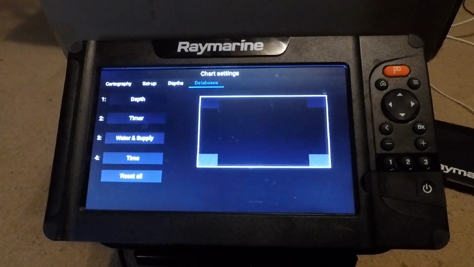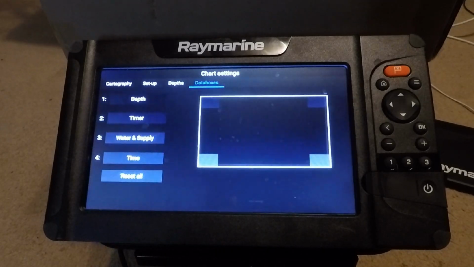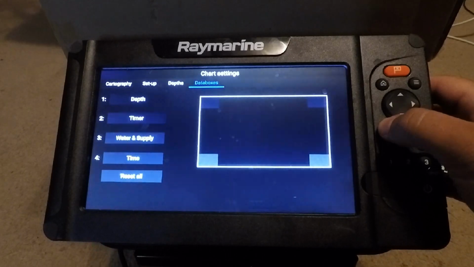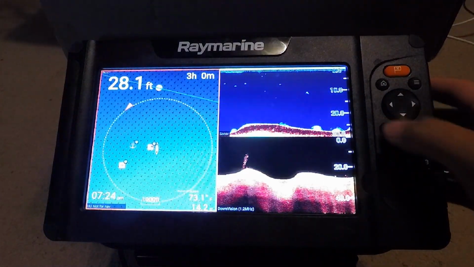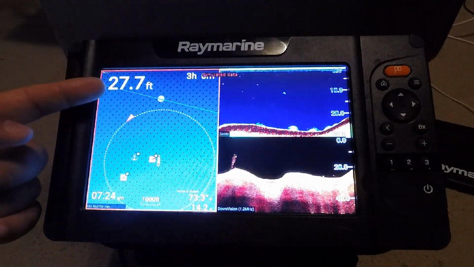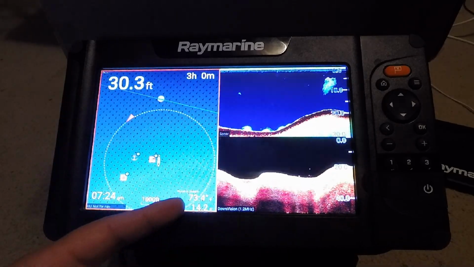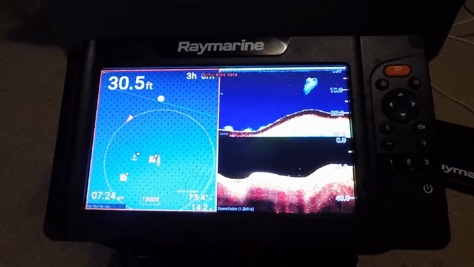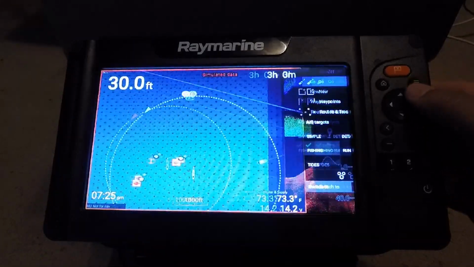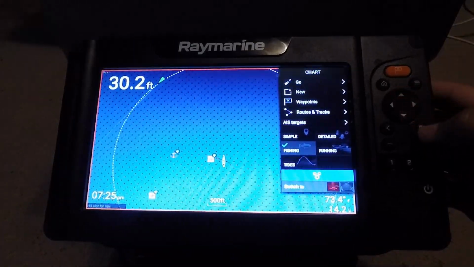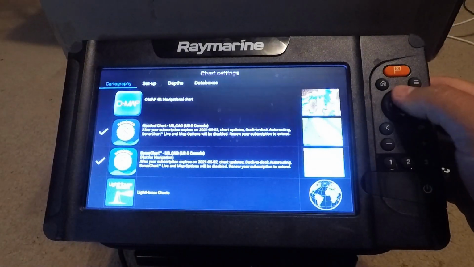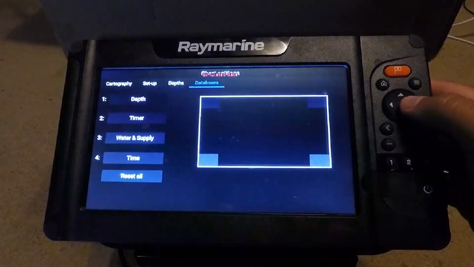All right, this is how you're going to change the information that's displayed on your page here. Let me kind of go back. If you see here on this one, we have your depth up here. We have a time up here. We have the temperature and supply voltage down here, and you have the time. For me, what I find to be most important to have, this obviously changes person to person, but for